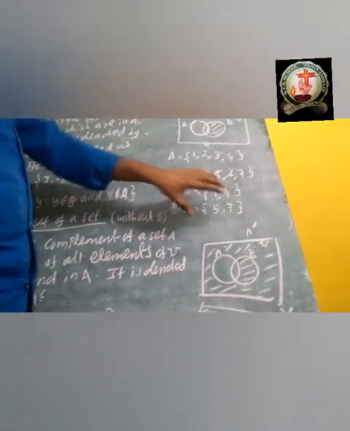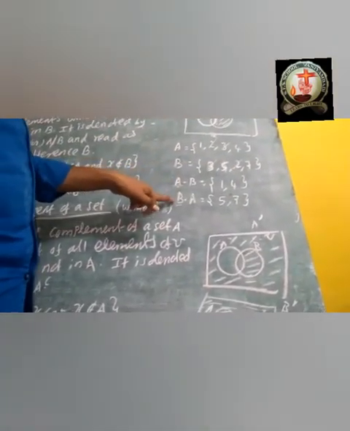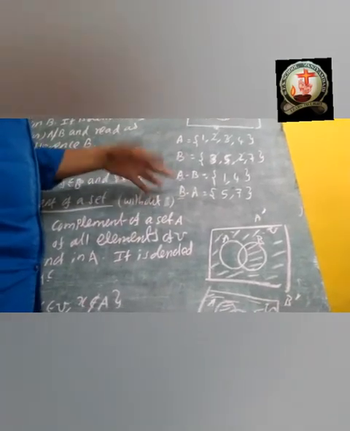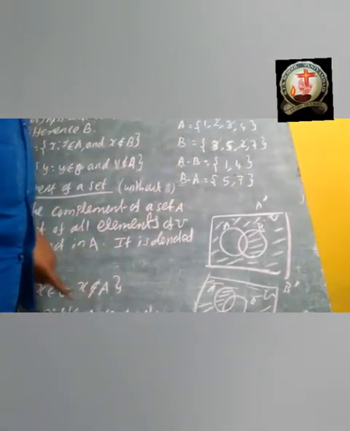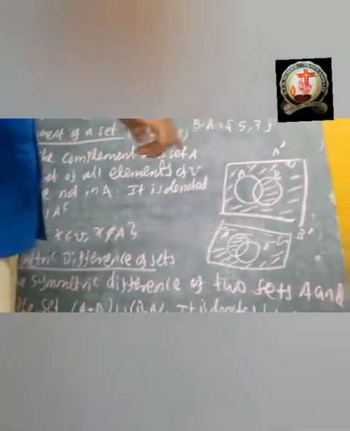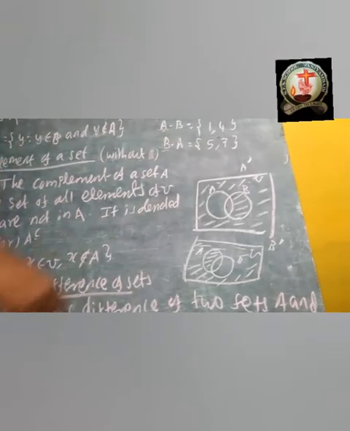That is called symmetric. This is A minus B union B minus A. These two also you have to join. If you are joining, 1, 4, 5, 7, you will get. That is called symmetric difference. This delta, the triangle, is called what? Symmetric. Okay? Thank you.